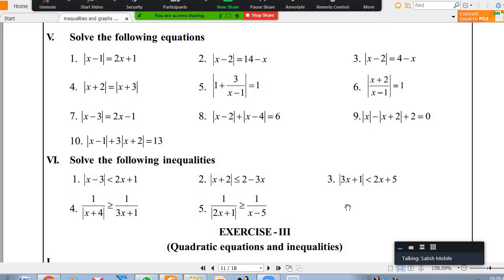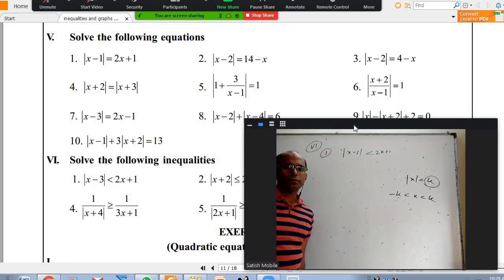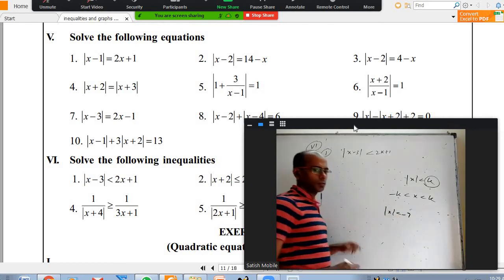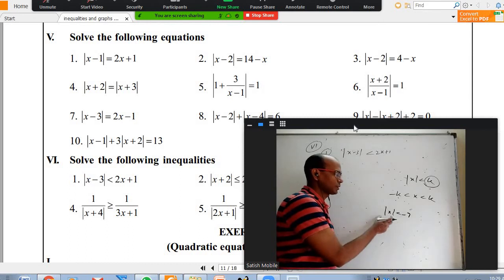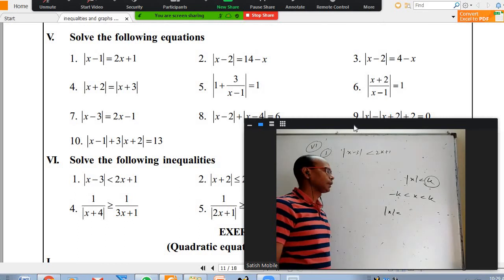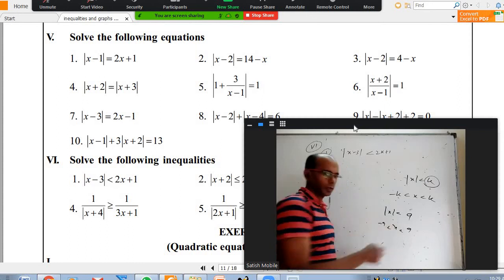Okay. Earlier we studied that mod x less than k, I should write minus k less than x less than k. We know about it. But that is only when k is a constant, and that too, can it be a negative constant? Positive. Mod x less than 0. Mod x less than minus 7, no solutions, because mod x is positive and minus 7 is negative. How can a positive number be less than a negative? Not possible, right? But when it is some 9, you can say x should be between minus 9 to 9. It is very important.